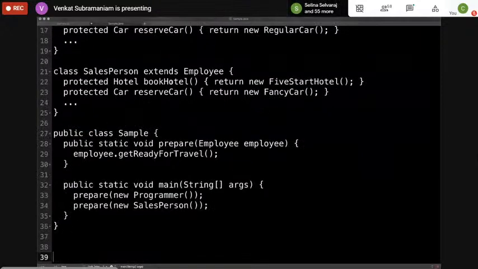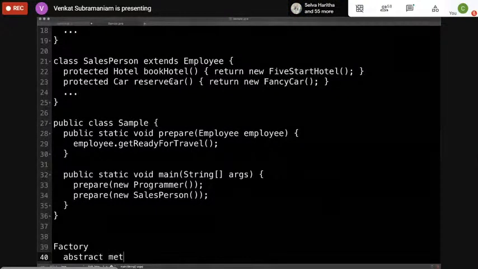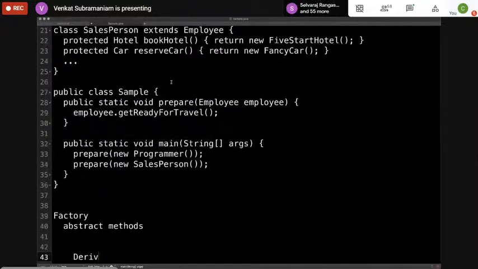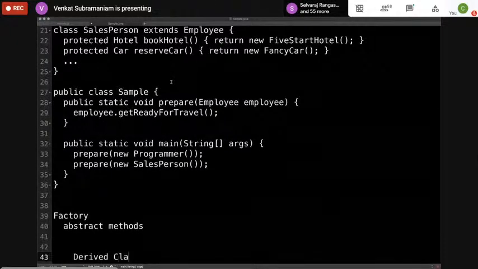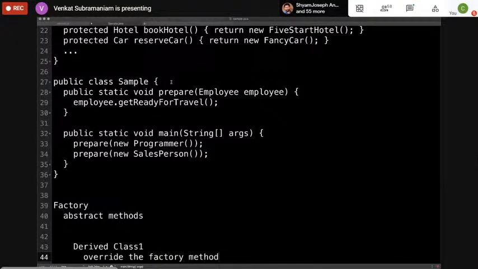The way this looks is you have a factory, but the factory has abstract methods in this case. And then you have a derived class 1, which will override the factory method. And similarly, you're going to have a derived class 2, if you will, and that's going to also override the factory methods.